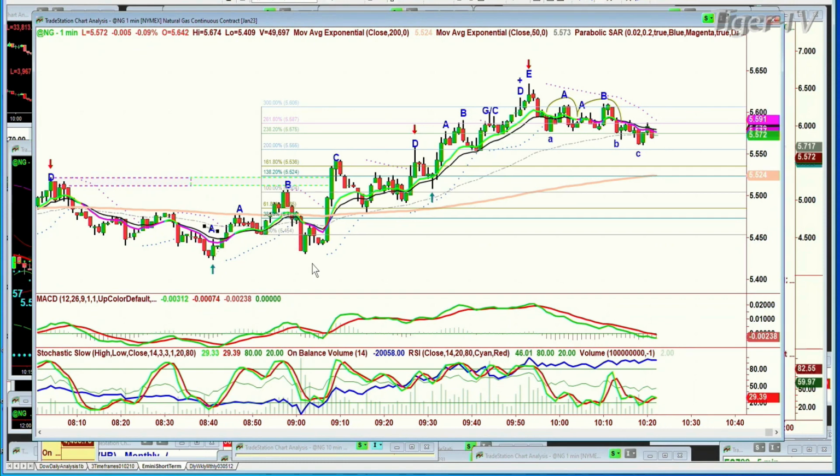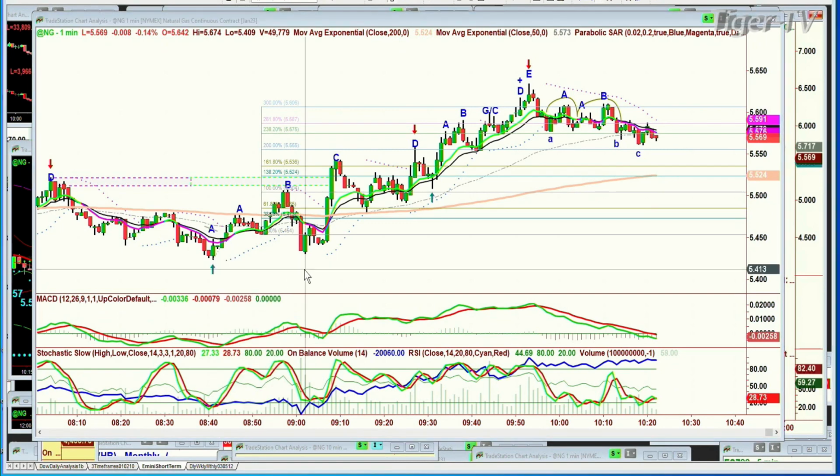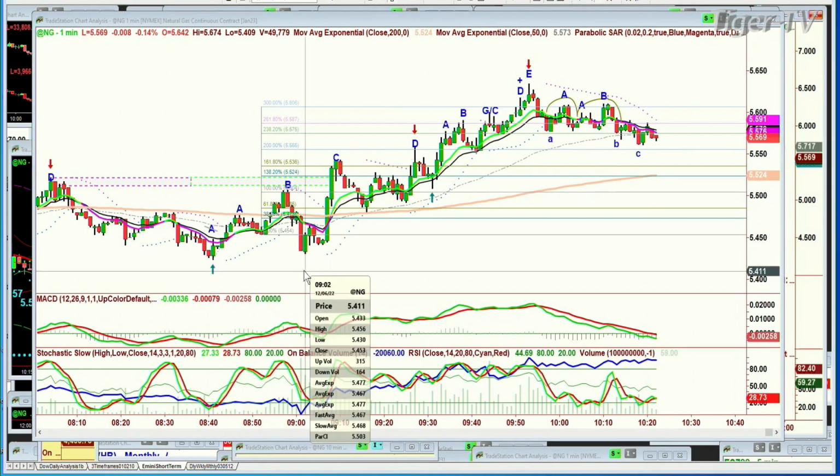Well, I had started to draw in a Fibonacci expansion. This one also has a 300%. That's not a Fibonacci number, but I think I put it in, and I love the 300% because that stretches the price so much, either on the way down or the way up. That's kind of where you start to stall seriously. Anyway, it pulls back quite sharply, but the starting point low right here at $5.42 at 8:41 this morning hasn't been taken out in this pullback, so this is still a viable up mode.